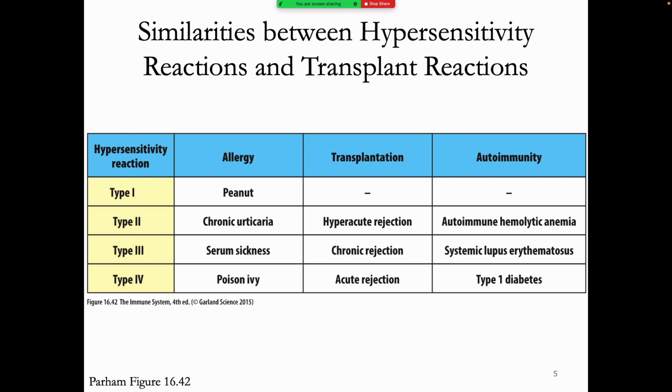Those three types of rejection can map onto the types of responses we saw last time with hypersensitivity. So hyperacute rejection has a lot in common with type 2 hypersensitivity. Acute rejection has a lot in common with type 4 hypersensitivity. Chronic rejection has a lot in common with type 3 hypersensitivity. So we're going to be seeing a lot of the same themes that we have already seen. We're going to talk through these three types of solid organ transplant issues